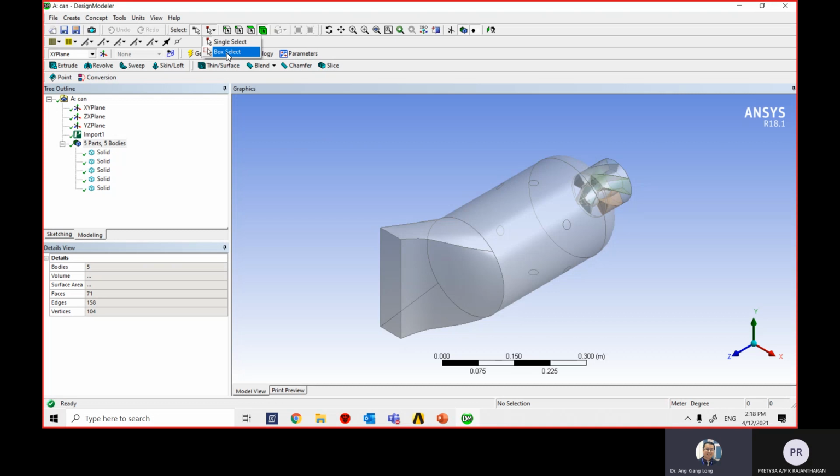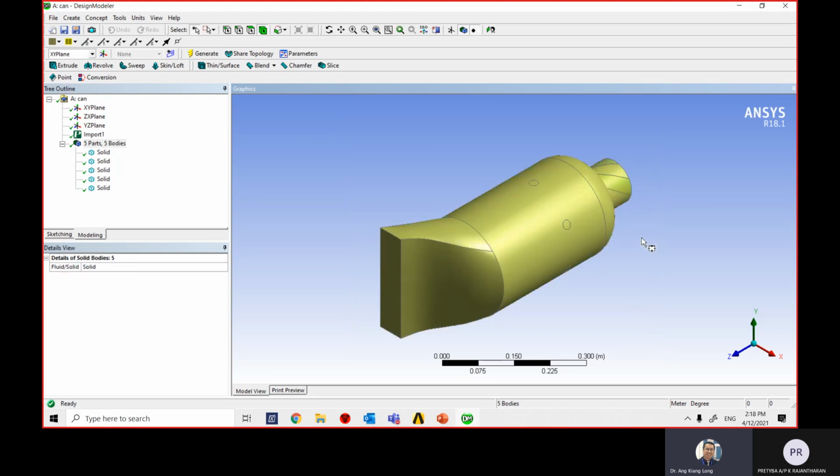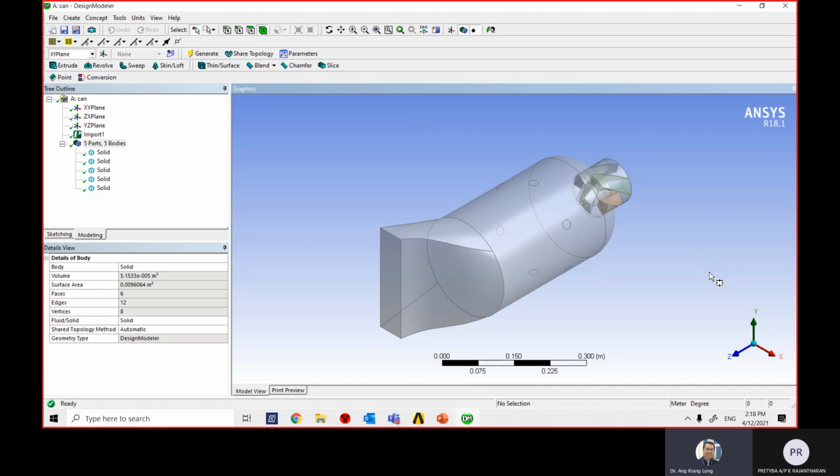So I activate the box select, and then I press down my left mouse, and then drag to the other side, lower corner of the graphic, and then I let go. So you're going to select all the 5 part bodies in the window here. It will be different if you drag from the right to the bottom. So what happens if you only drag from the bottom